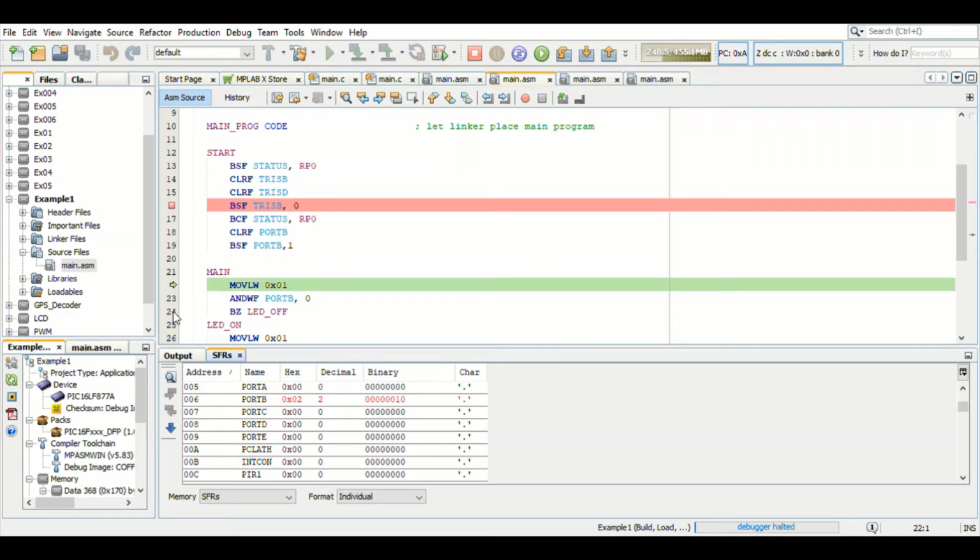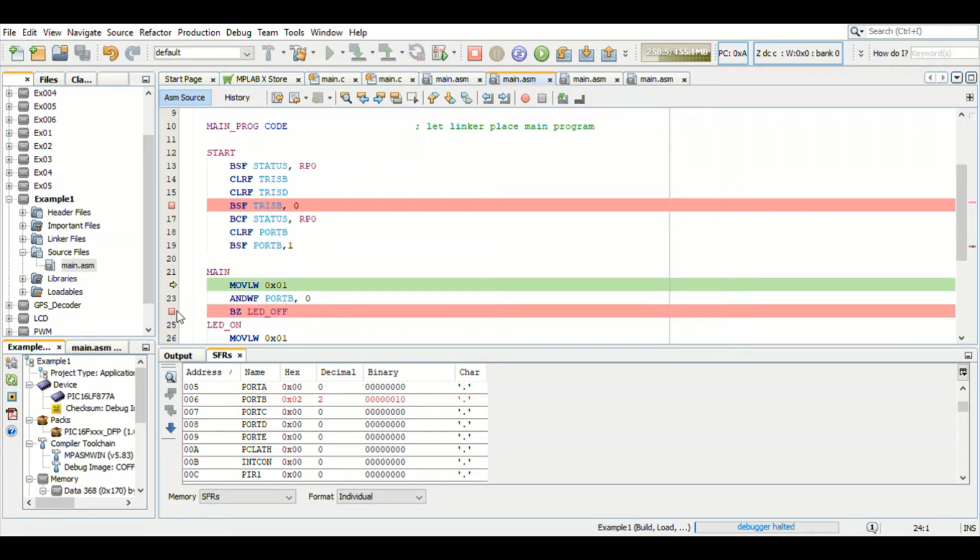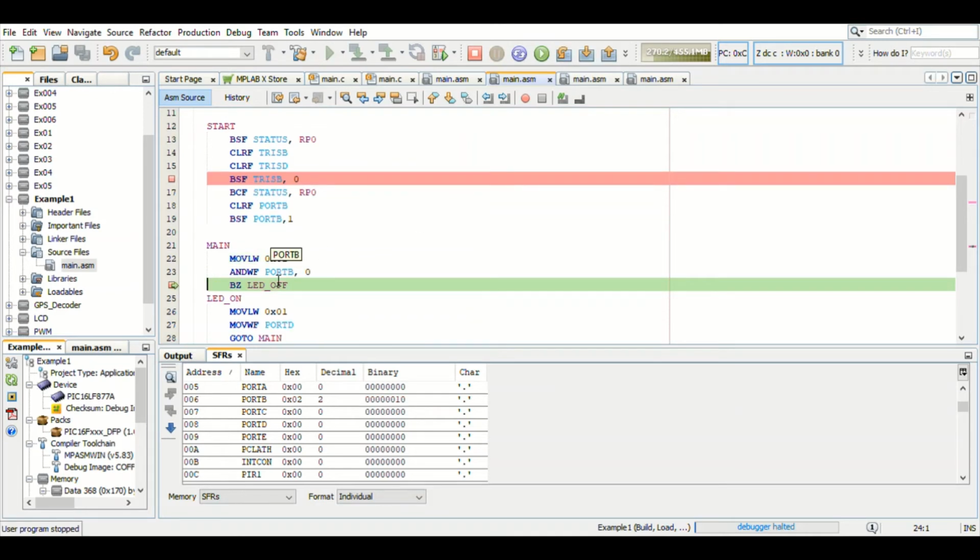Now I want to set a breakpoint here and just continue running. If I want to continue running, not step by step, but until the next breakpoint, it will be this. Okay, now we'll see what the value is in my W register. My W register is right now 0. If my W register's value is 0, that means the result of this particular operation is 0. Now I have to branch to LED off. So if it is 0, I'm going to branch to LED off.